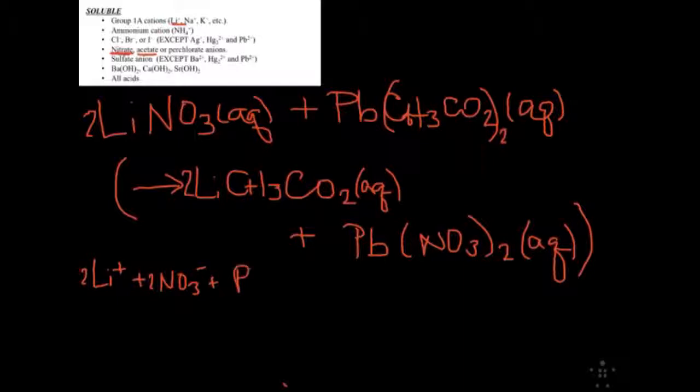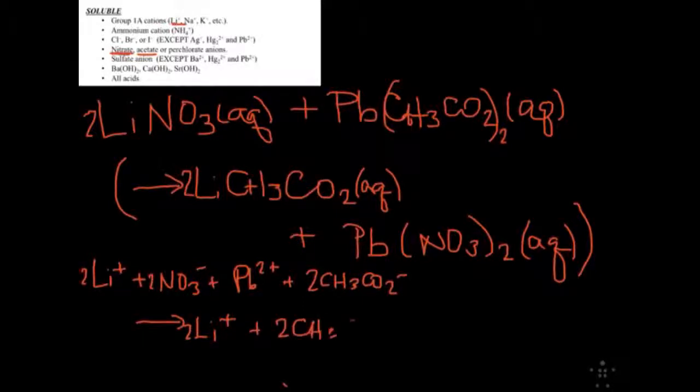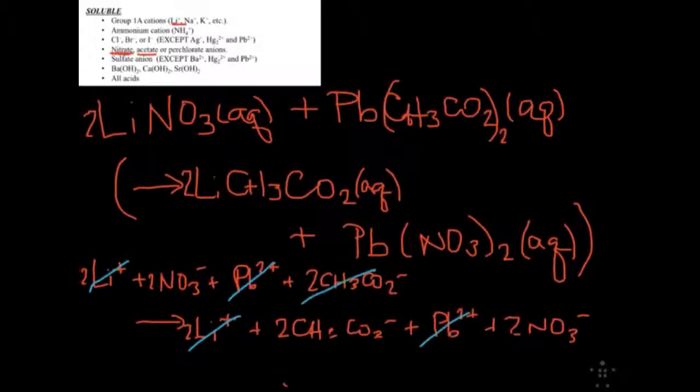We'd have lead 2 plus. We'd have acetate on the left. We'd have on the right lithium plus 2 acetate minus, plus lead 2 plus 2 nitrate. So there's our complete ionic equation. I don't know if I said net ionic a minute ago, but I meant to say complete ionic. And if I cancel out all the spectator ions, then we see that